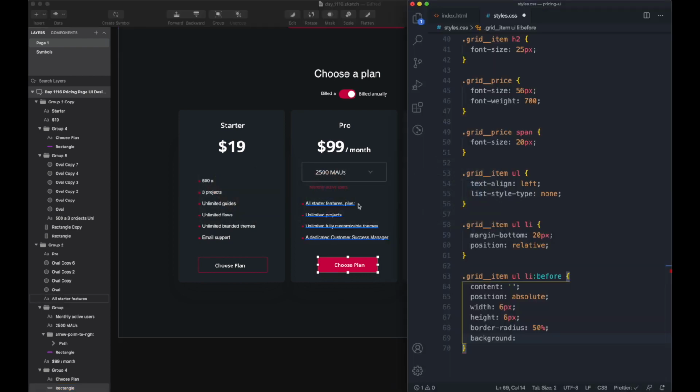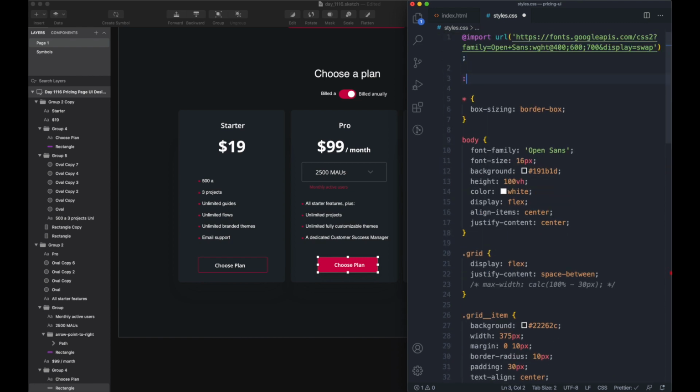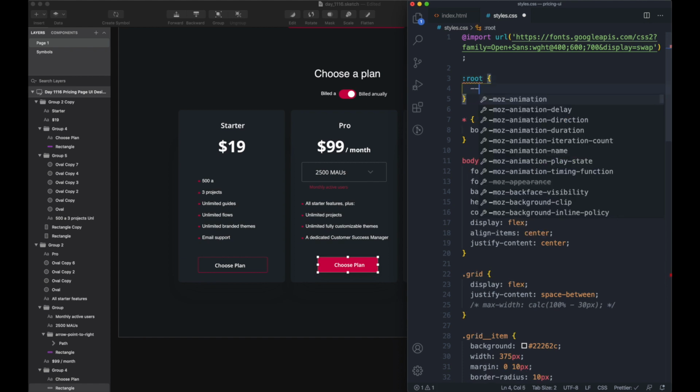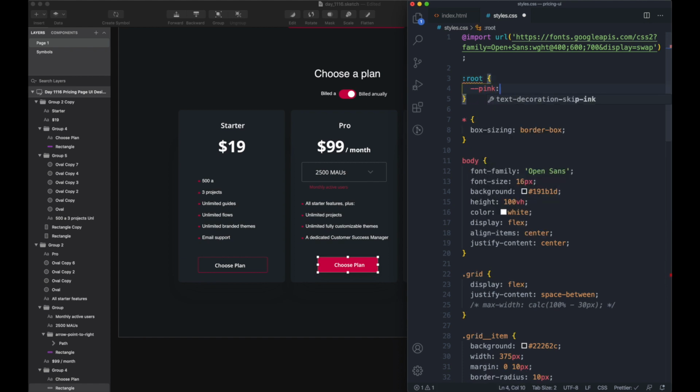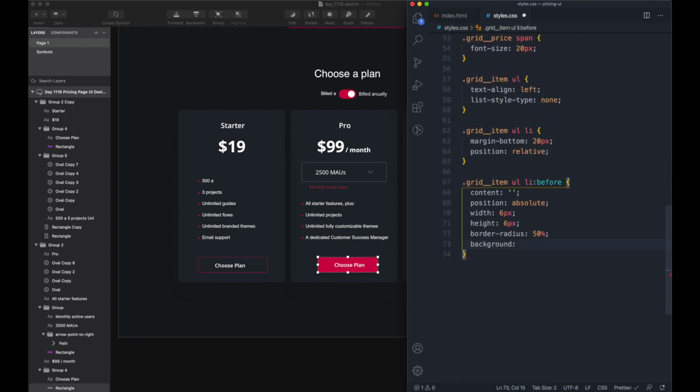And because this pink's been used throughout the page, I'm just going to go to the top of the document, do :root, and do --pink, and paste this hex in. So this gives us a variable we can use throughout the document, and I want to target that by doing var(--pink),